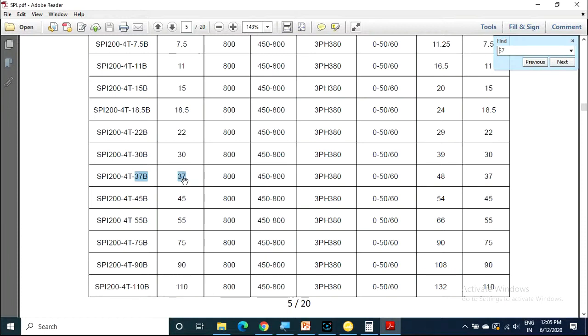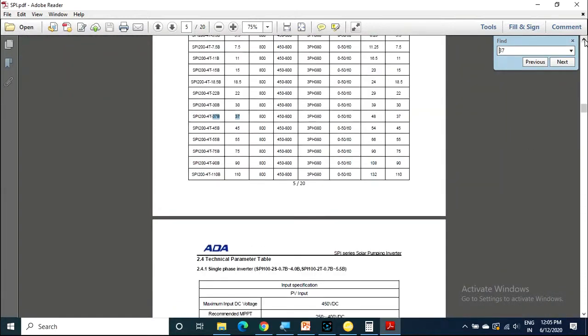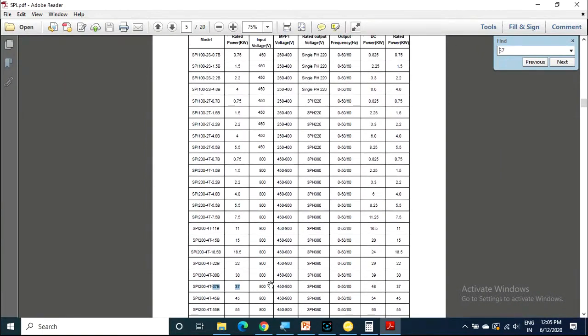This 800 is the operating voltage, that is the input voltage to the inverter, and this 450 to 800 is the MPPT voltage, maximum power point tracking voltage, and here it will be available for 50 hertz and 60 hertz. The DC power required is 48 kilowatts,